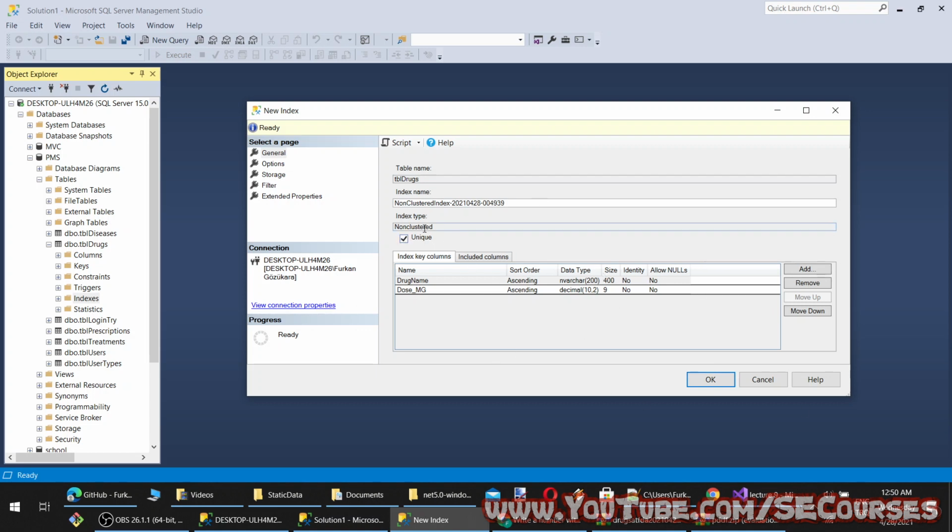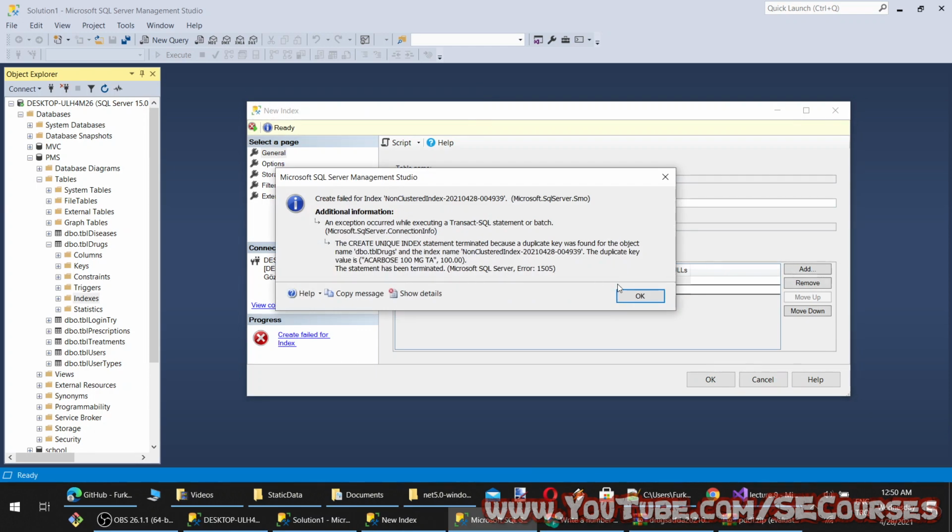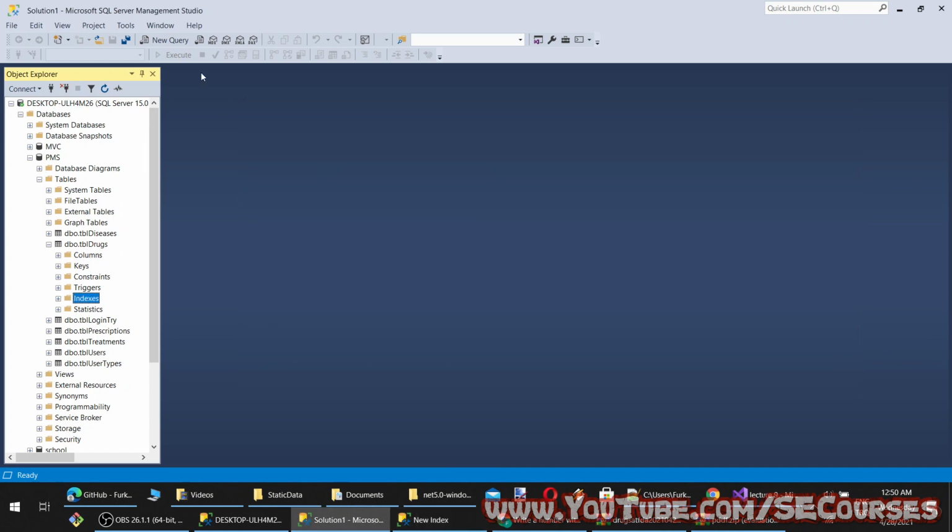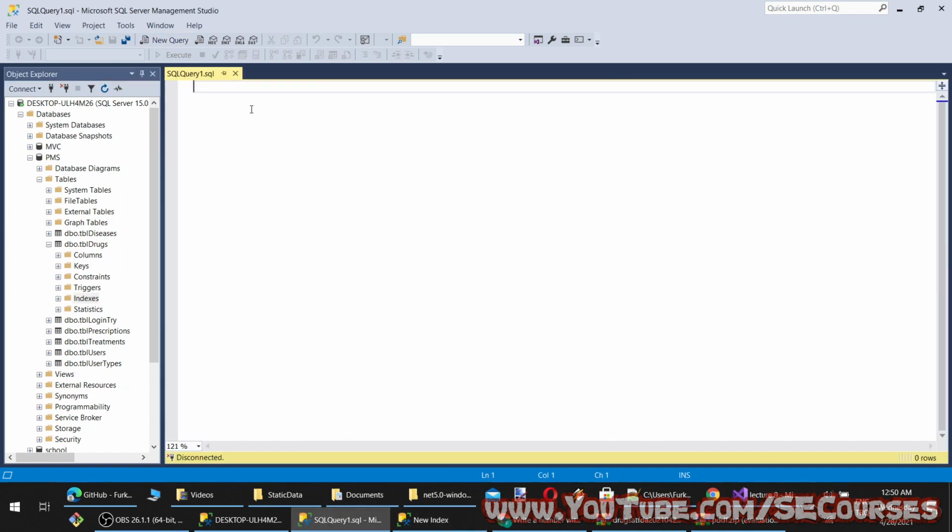Okay, so when I set it unique, it will throw me an error right now because there are duplicate values. Just you see, let me show. You see, index failed because there are duplicate values. And to prevent it, I need to delete the existing values.